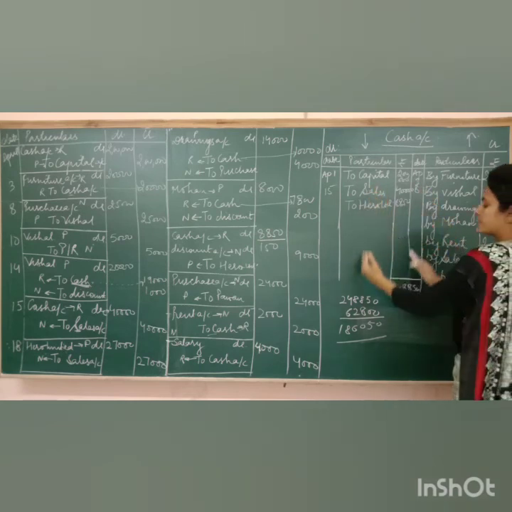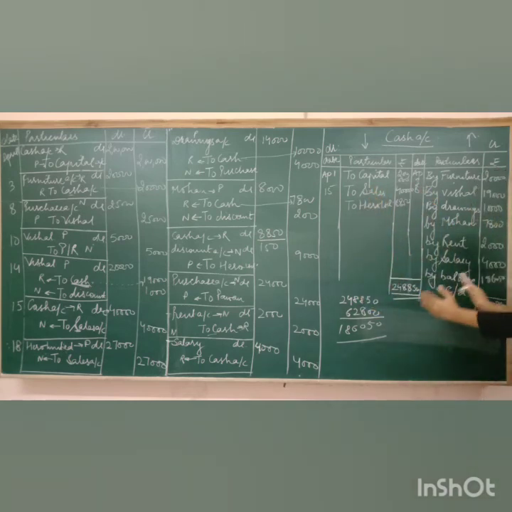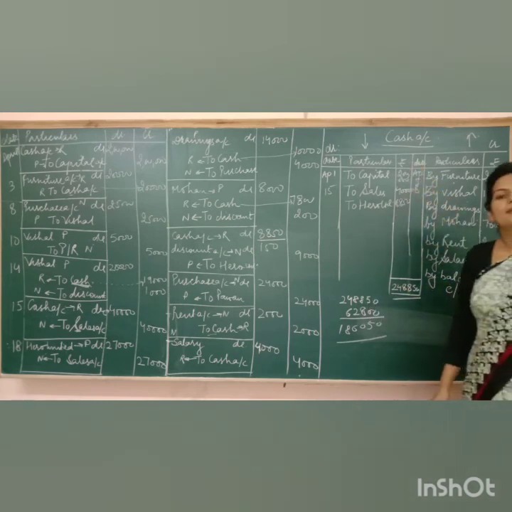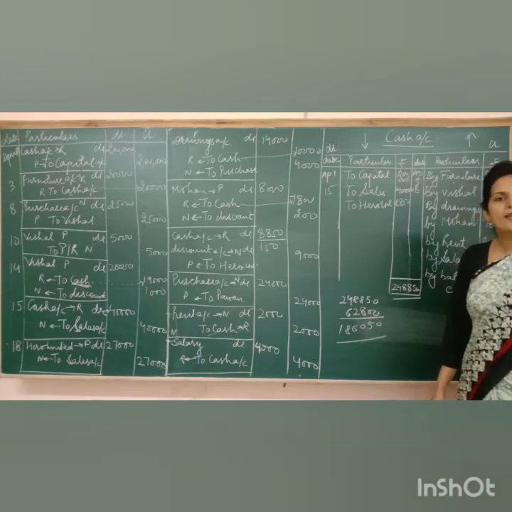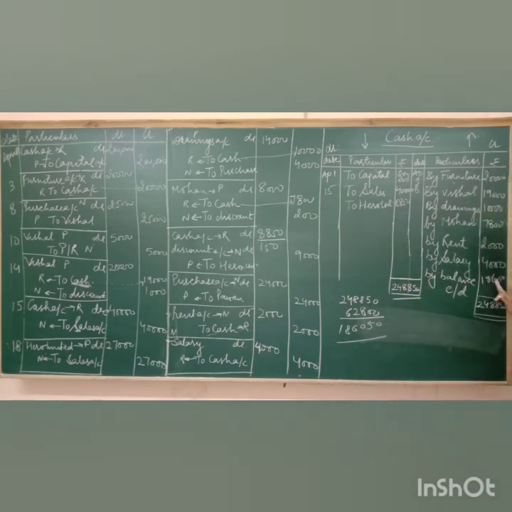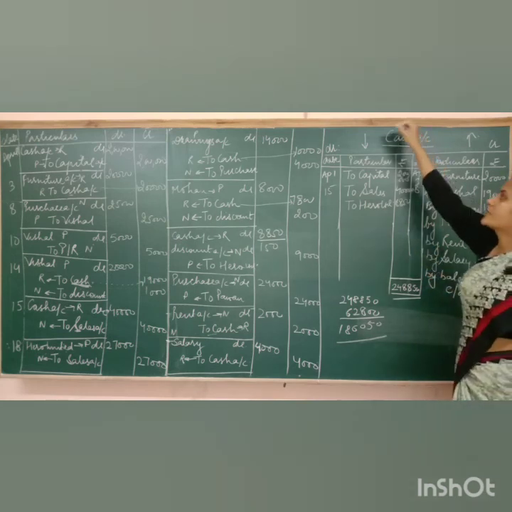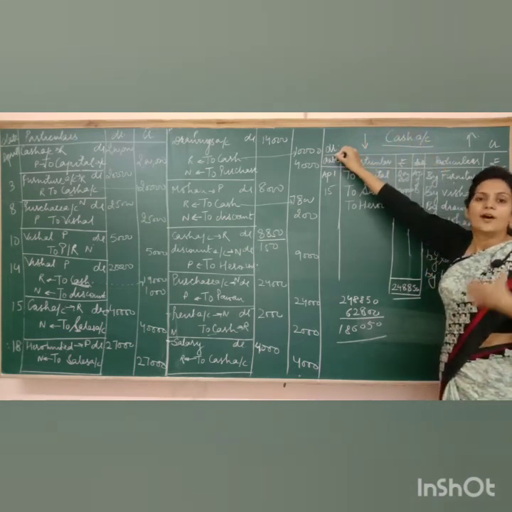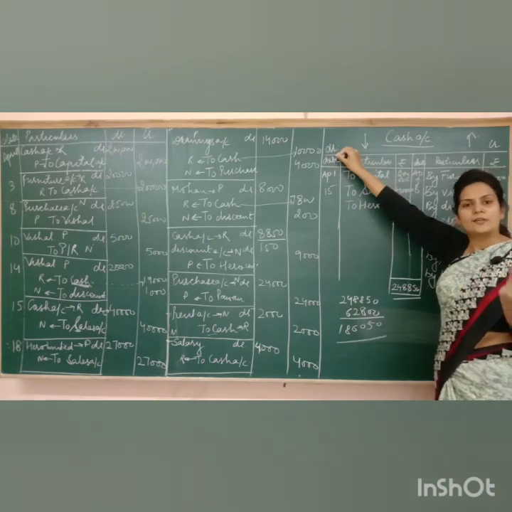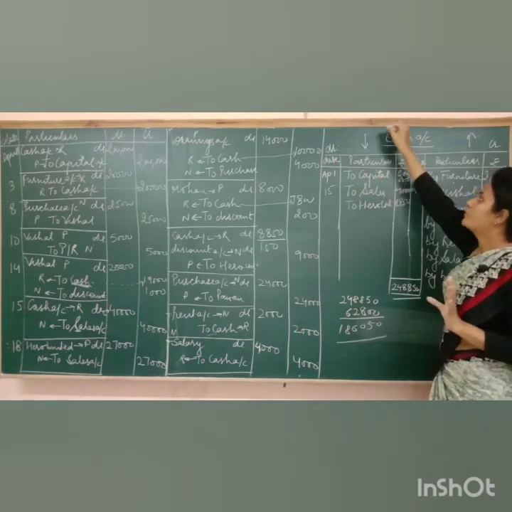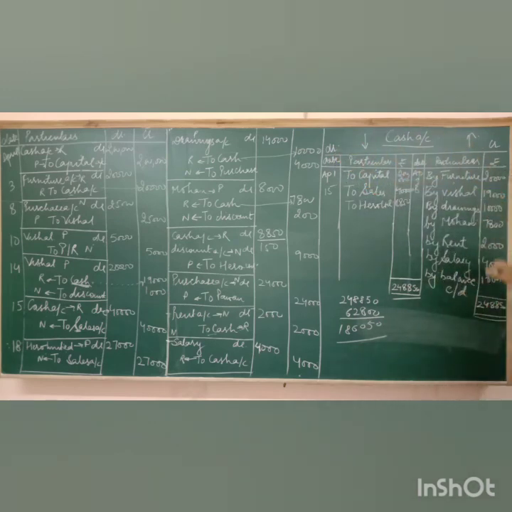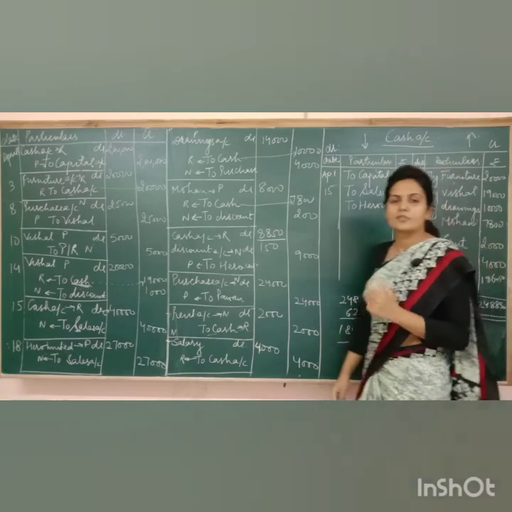Now debit side is greater, so we have to put the difference on the credit side. So it means that out of 2,48,850, 62,800 I have spent, so I am left with rupees 1,86,050 with me now. So I'll call it as cash account is having a debit balance. Why I'll call it debit balance? Because debit side was greater. So cash account is having a debit balance of 1,86,050. So I hope this point is clear to all.